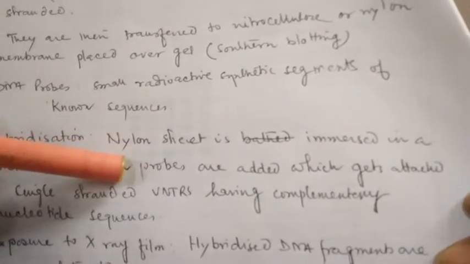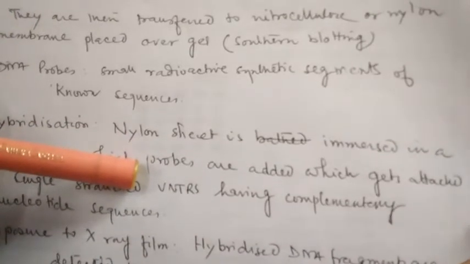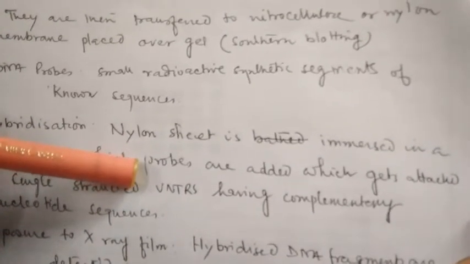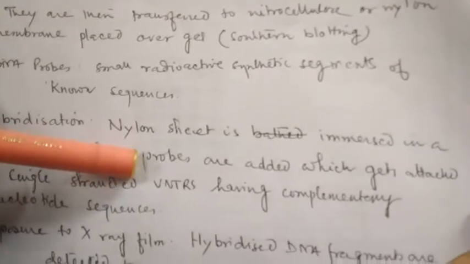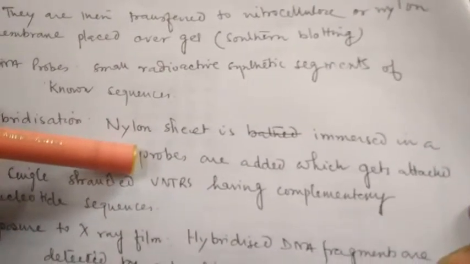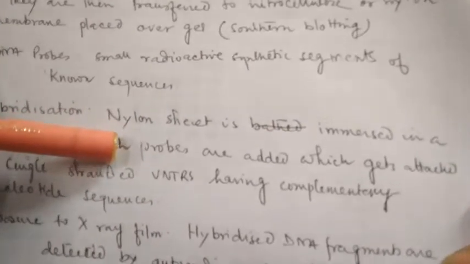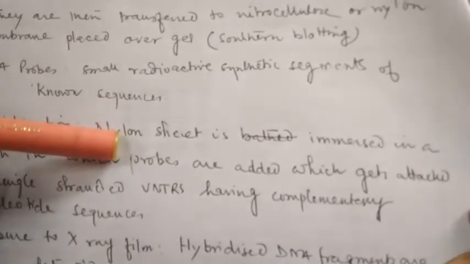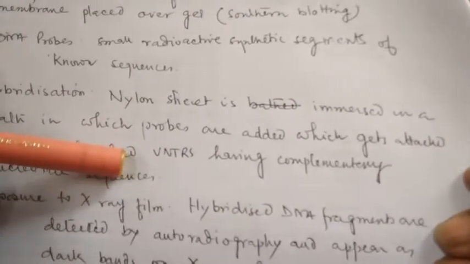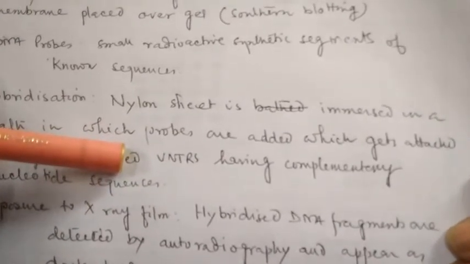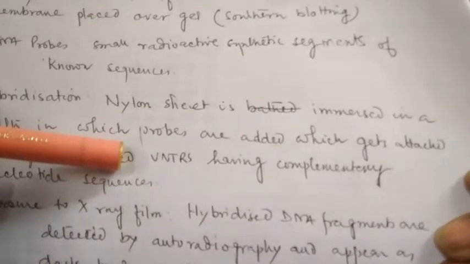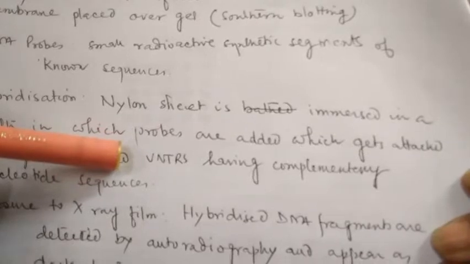Actually, the probes can be taken from the cells which are found at the site of the crime, with the VNTR coming from those cells, and can be used as probes, because we have to match the VNTRs of the suspected person with that VNTR only. So this cell is already known to us, and now we are getting the DNAs, the VNTRs, from the other suspected persons. So this can be considered as the probes.